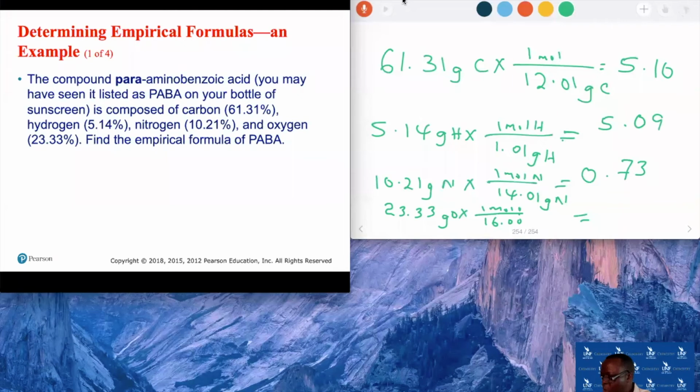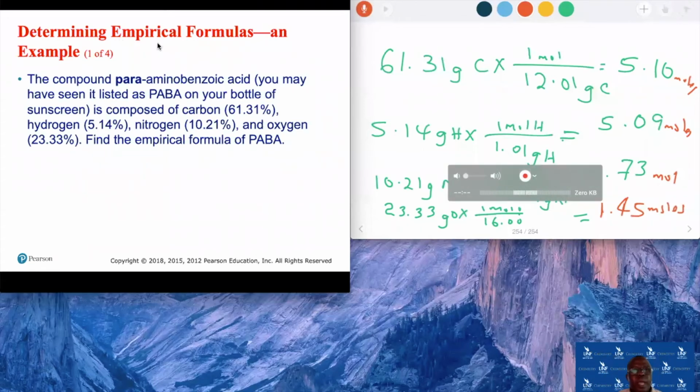These are moles. By the way, all of them here are moles. And lastly here, 23.33 divided by 16 gives 1.45 moles. In empirical formula determination,